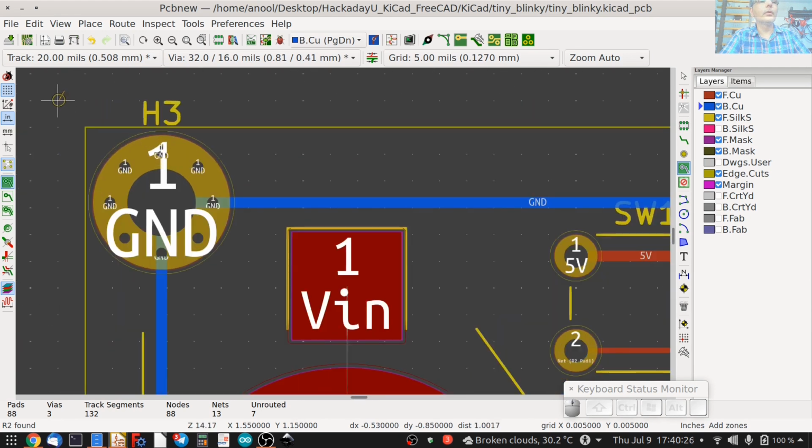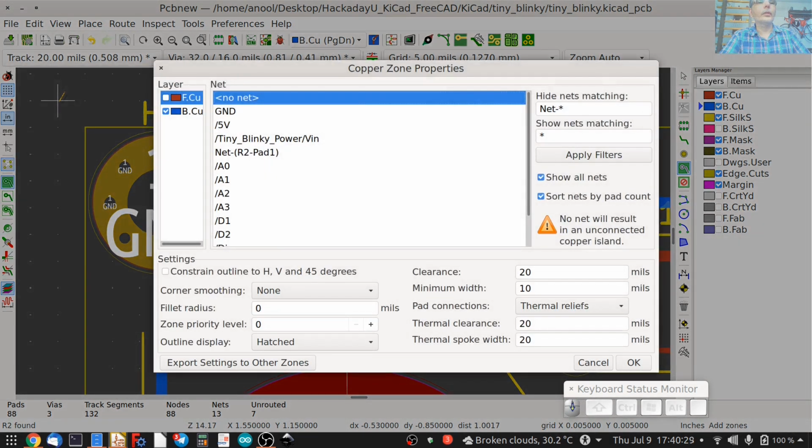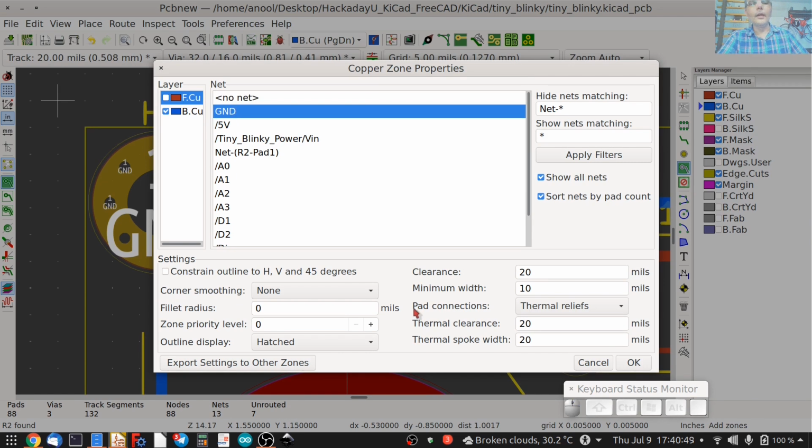like so. And then it brings up a dialog box where you select, first of all, which layer your pour needs to be on. So right now it's already selected the bottom layer. And then on that layer, which net needs to be connected. So we want ground, so select that. If you need corner smoothing, you can select chamfers or fillets and add a value to the distance for that, like 5 mils.